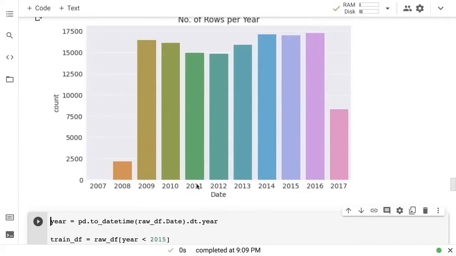How about we take the data till 2014 as the training set. So we train the model using data till 2014. Then we use the data from 2015 as the validation set. So now the model will be evaluated on data from the future, data it has not already seen in the past, right? So we use 2015 as the validation set, and then we use 2016 and 2017 as the test